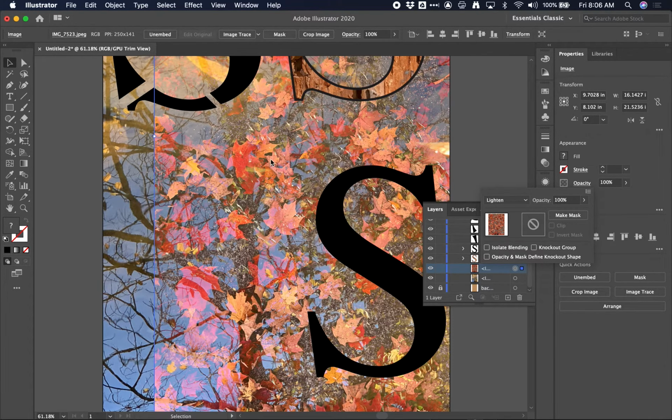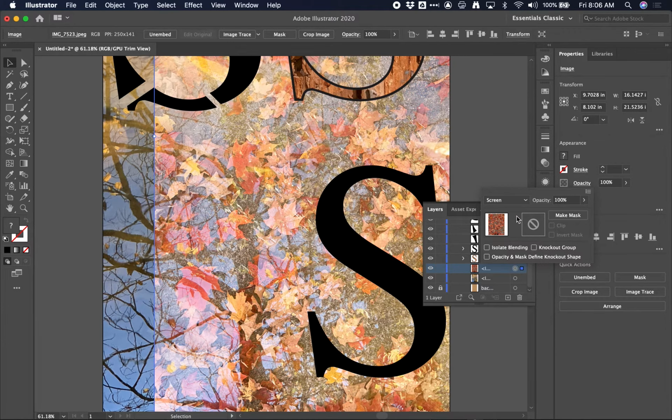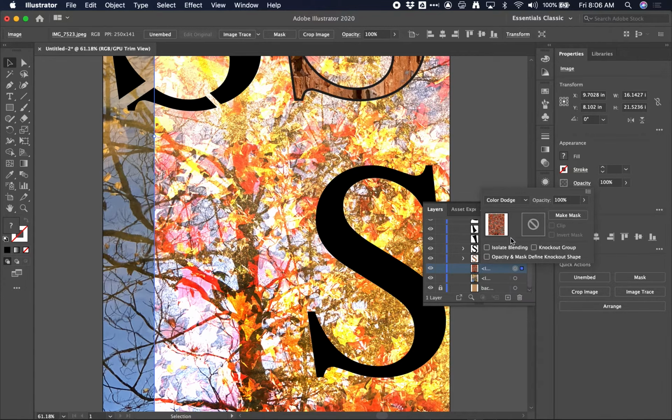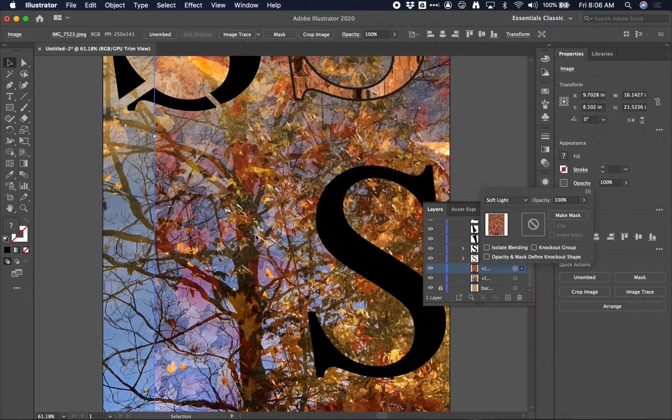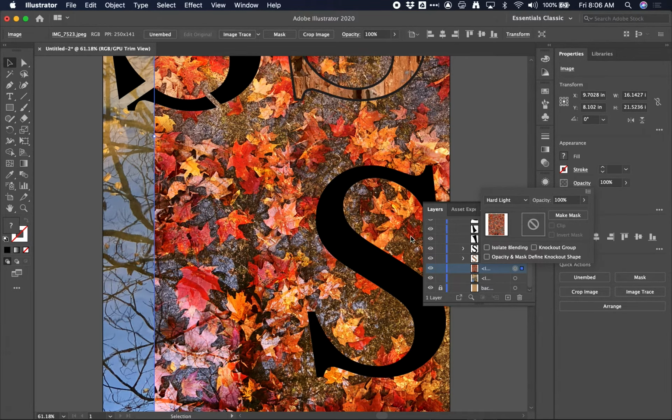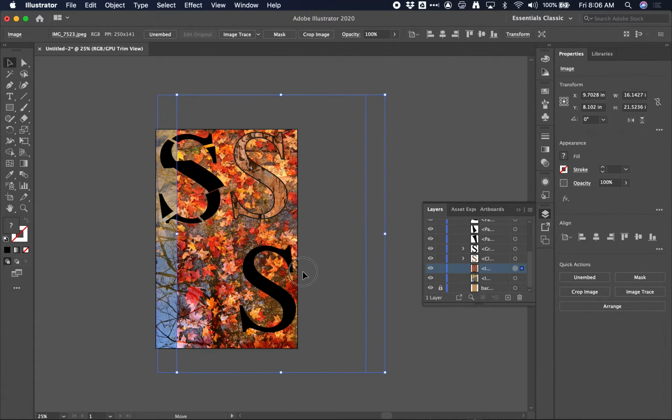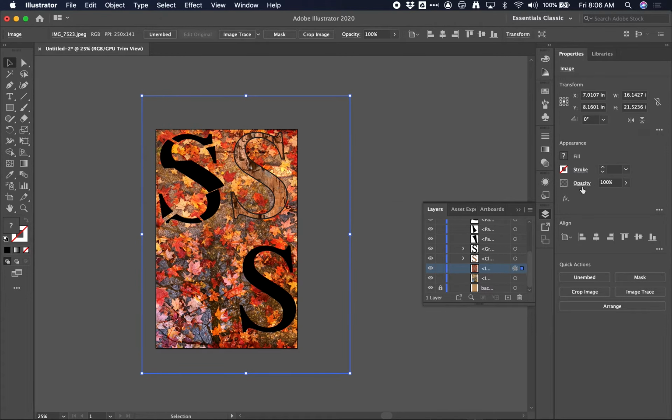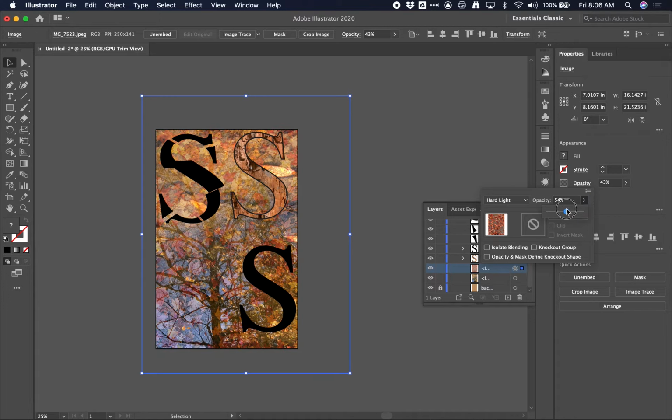Lighten will make everything lighter, so you can kind of see how that looks. And again, this is just to get some texture into the image itself. And then finally, the overlay areas here, soft light, will make things darker where they're darker and lighter where they're lighter. So play with soft light, hard light often is really interesting. And then just play with it until you see something you like. You're also able to, with these blend modes, adjust the opacity. So even though it's a hard light blend mode, you can still change the opacity like that